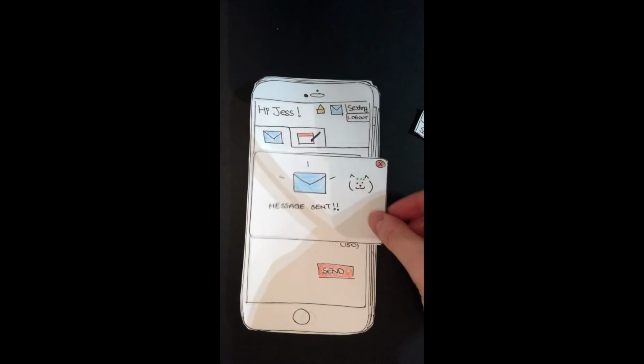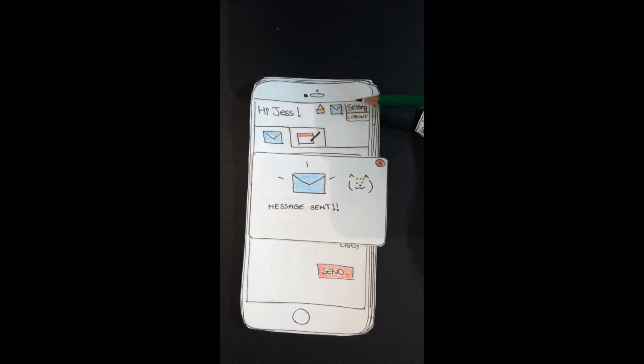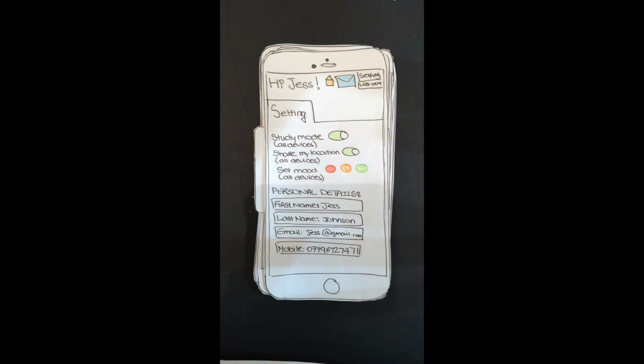A window would appear. Now, if we look at the top right, there's a setting option. Here, the user can manage her account and all her devices. The user clicks on setting. In setting, the user has the option to set study mode, share her location, and set mood for all her devices. This will save the user a lot of time if she has more than one device. She can also change her personal details. And if the user scrolls down,